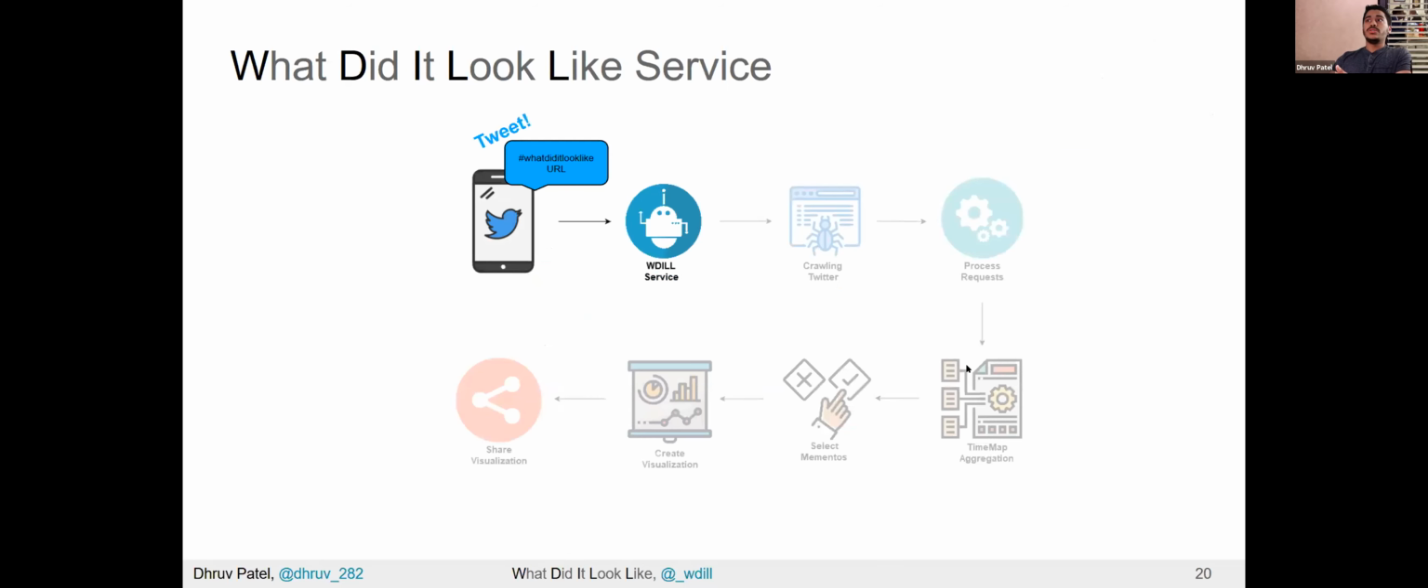Once the user has submitted their request by tweeting it, now we wait for the What Did It Look Like bot to execute. By default, this bot will execute every hour. So let's talk about what happens when this bot executes. Well, the first step is it crawls Twitter, and it crawls Twitter to look for new, pretty much the time-lapse